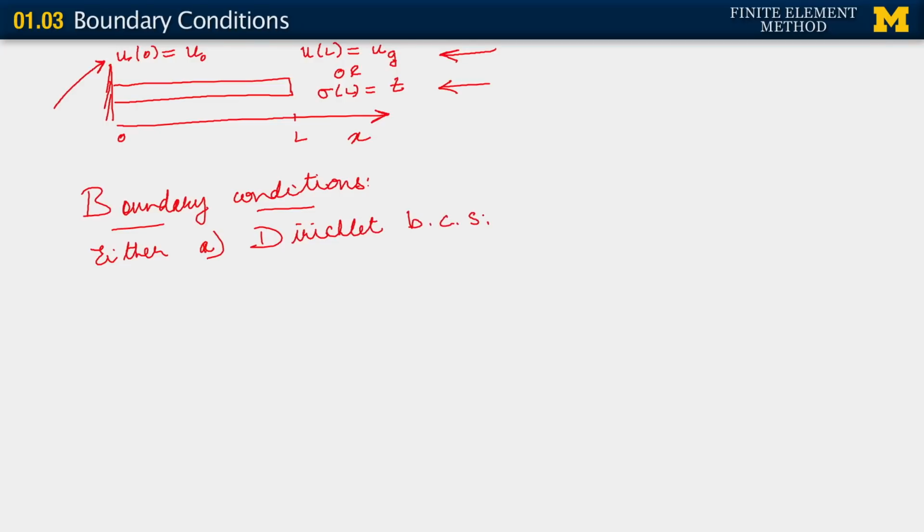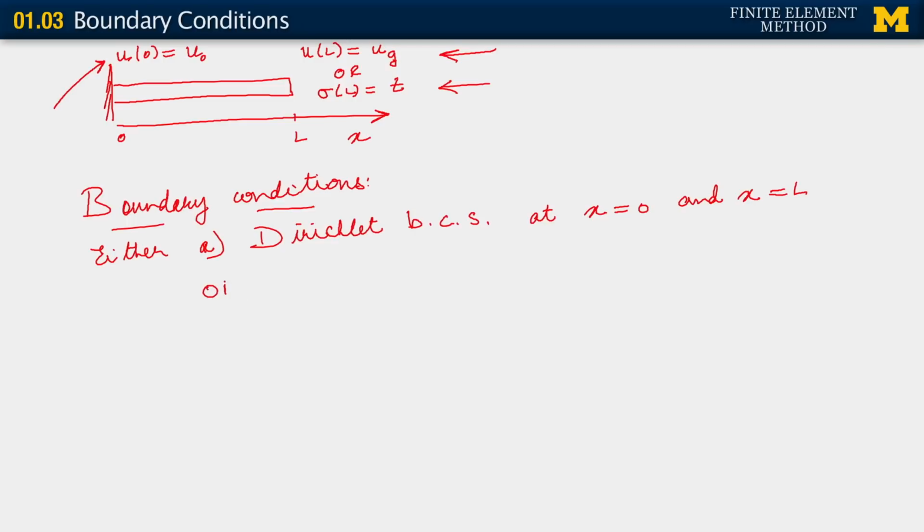As we go on, I will often use BC as short for boundary condition. So either we have Dirichlet boundary conditions at x equals 0 and x equals L,